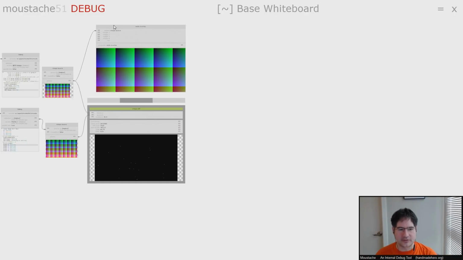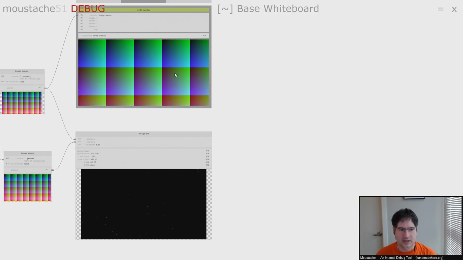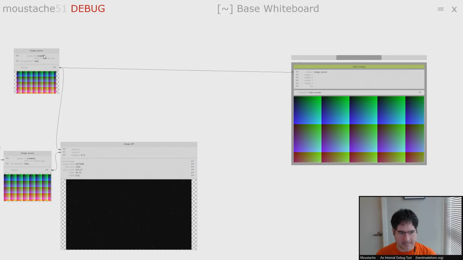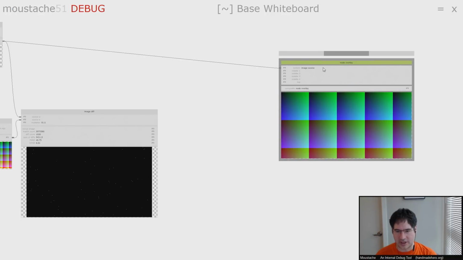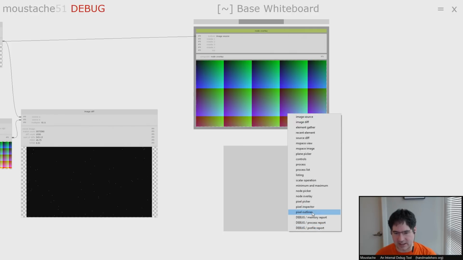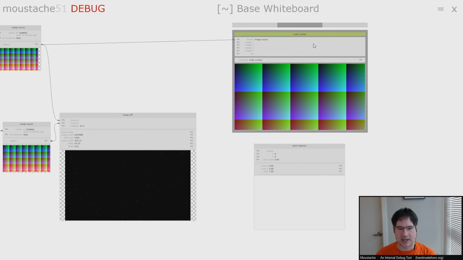All right, so moving on to more features. So a couple different things. And again, I apologize for not really remembering how most of this stuff works. So here's a node overlay, and it's coming from this image source here. What if I want to start talking about pixels in there and looking at them in more detail, right? So we have this thing called a pixel inspector. And what a pixel inspector does is it takes a particular X and Y location and tells me more about it. So if, for example, I wanted to know,